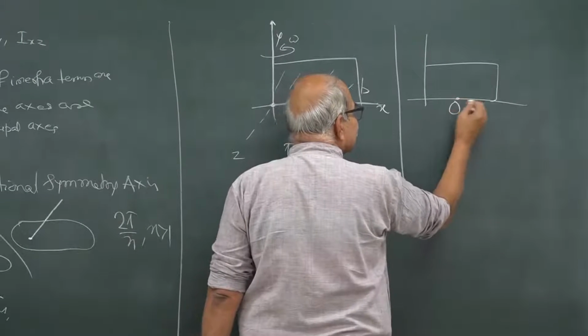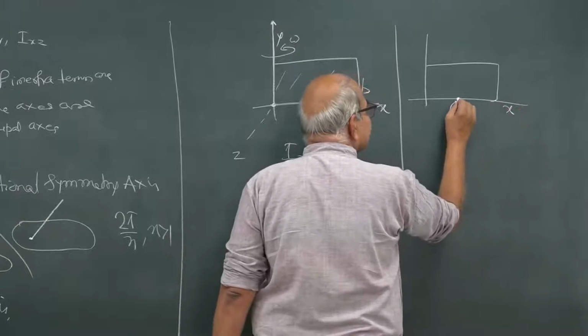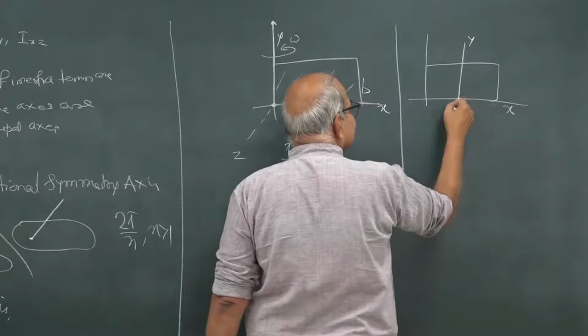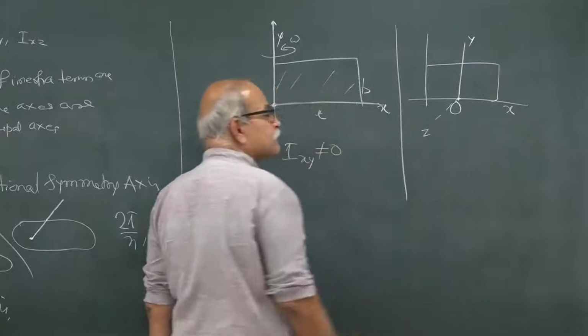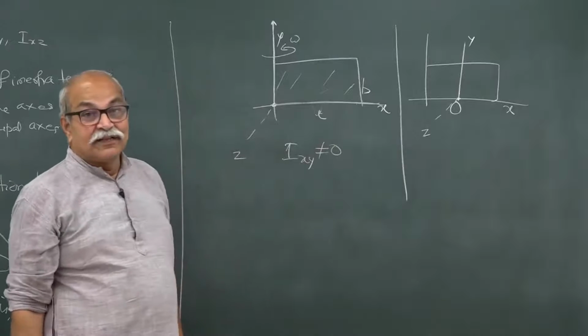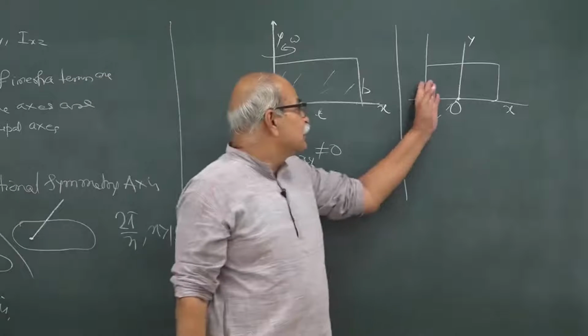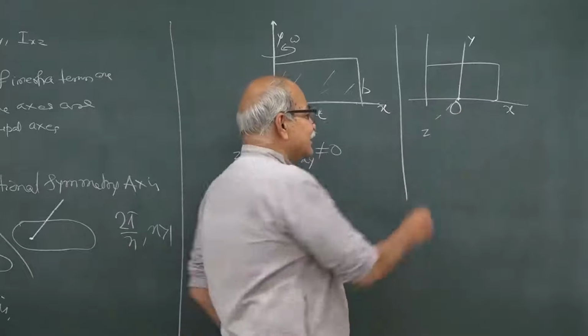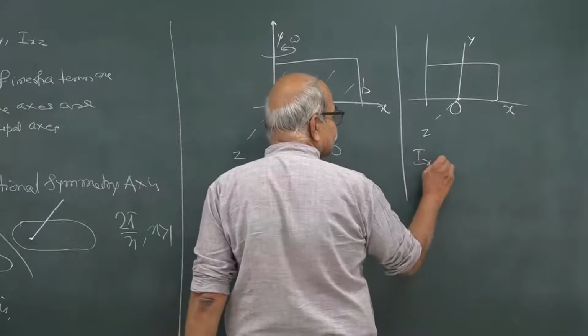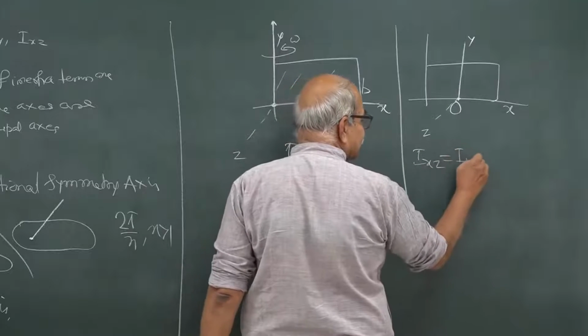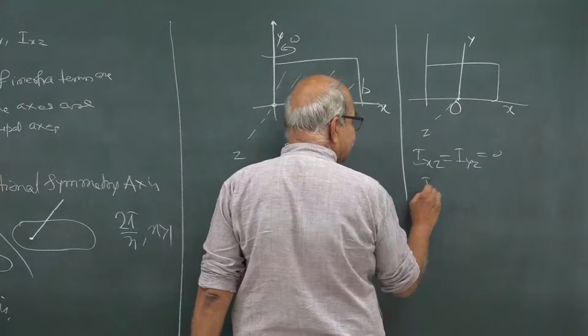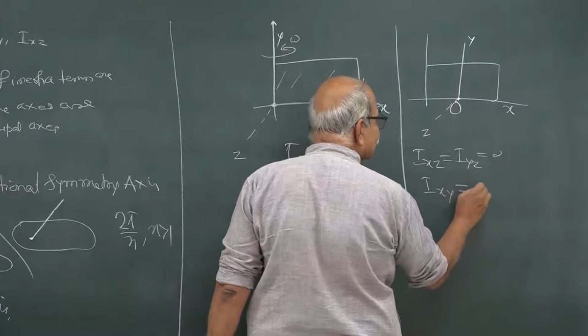Now, I give another example, that same plate, the same plate, and I take the origin here. Suppose this is the origin, and then this is x axis and this is y axis and the z axis is like this. Now, if you calculate the product of inertia terms, z is 0 everywhere. So, I_xz and I_yz will be 0, and I_xy is also 0,